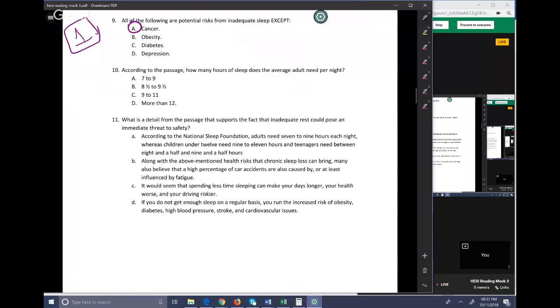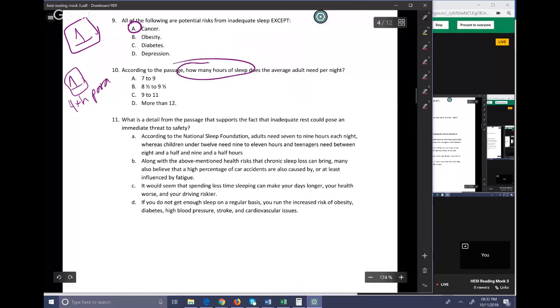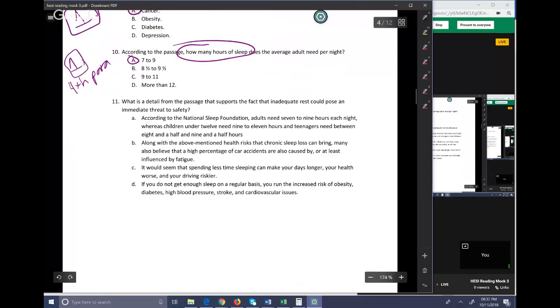According to the passage, how many hours of sleep does the average adult need per night? That is a detail in the 4th paragraph. Again, I'm tagging it as reading 1, because knowing that the 4th paragraph was about this, you'll know right where to go. Even if you don't remember that it said 7 to 9, and you might, because it's much easier to remember little things like that when you're using the strategy than when you're not. Otherwise, you'll realize, oh, that was mentioned in the 4th paragraph, because I've got it in my outline.